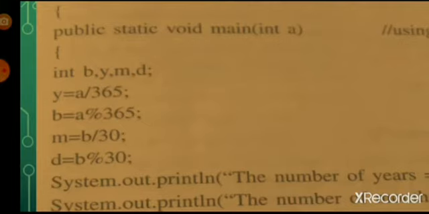So D will store the remaining days, Y stores the number of years, okay. Here M will store the number of months, and D will store the number of days remaining after getting year and month.